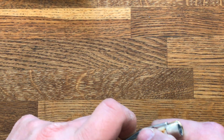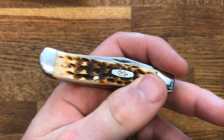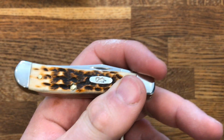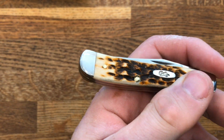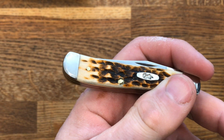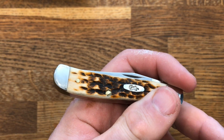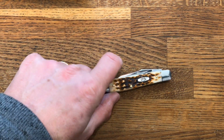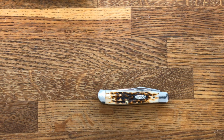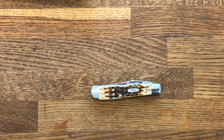I got it from Heine Haynes in South Wales. Now here's a little factoid for you. Anybody who's seen Gavin and Stacey, the British TV series about a long-term relationship between a boy from Essex on the east coast and Stacey, who was from South Wales. She lived in Barry, which was a favourite haunt of mine when I was at university in South Wales back in the 80s. There used to be a famous holiday camp there called Barry Island, but that's long gone now. It's now been replaced with a housing estate, but there's a trading estate in Barry